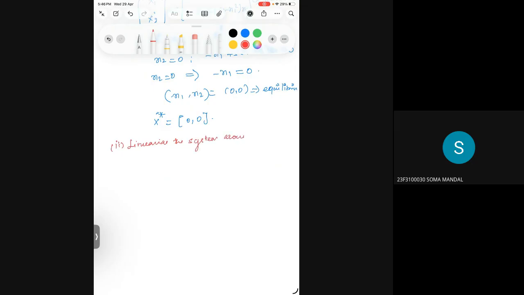around its equilibrium point with u equal to 0